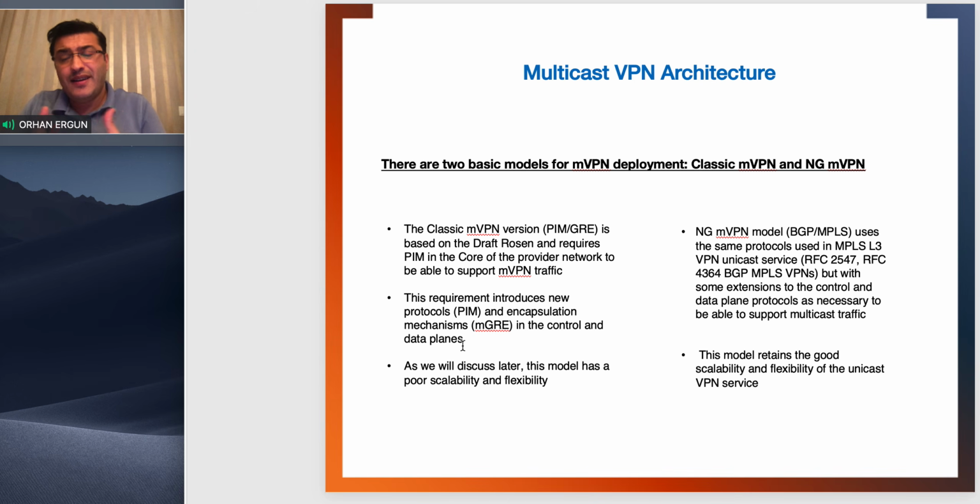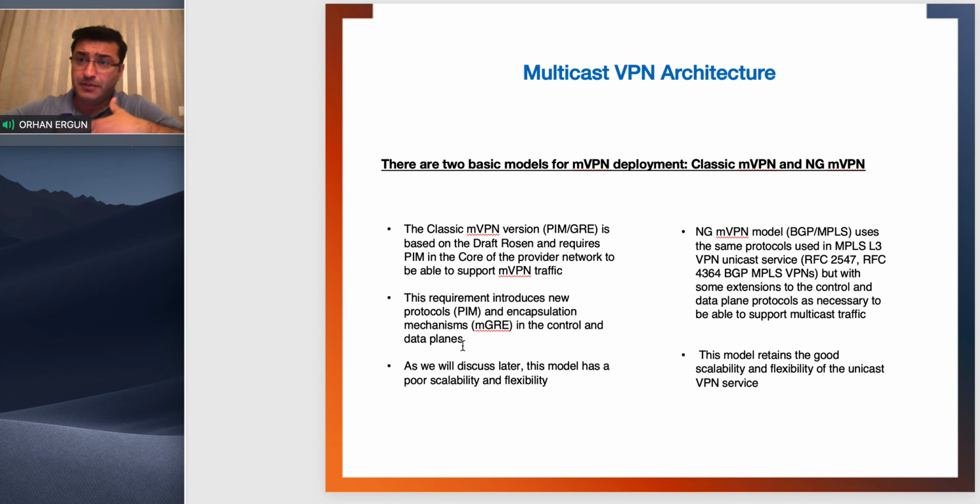The idea is what? Let's think about it. Let's not blame or just say it's the old approach, not good. No. PIM is already at the customer side. People are familiar with PIM, very complex, we will see why, soft state, etc. But people are familiar with it. Now you will teach many other things to people. They will need to be familiar. Operation, faults need to be understood, troubleshooting, and all those things. Can be done, yes. But imagine